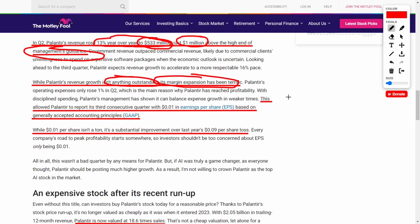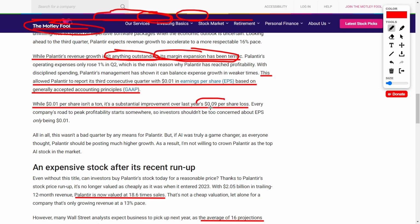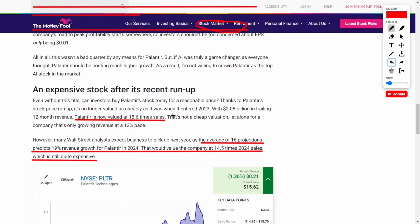This has allowed Palantir to report positive earnings per share on a GAAP basis. They literally jumped from a loss of 9 cents per share up to a positive 1 cent per share. And I know that doesn't sound like a lot, but trust me, that was a lot of ground that was made up. But the only problem, like we talked about in the previous video, is that their overall valuation